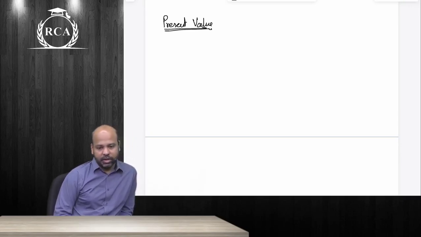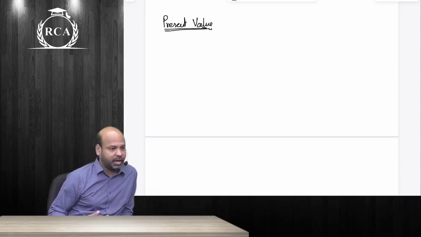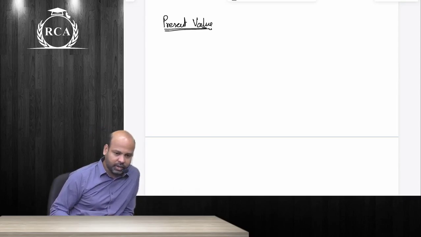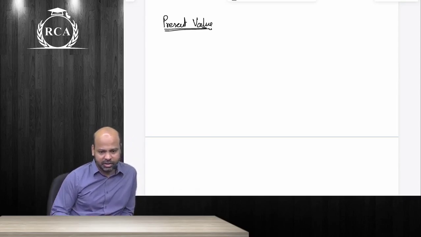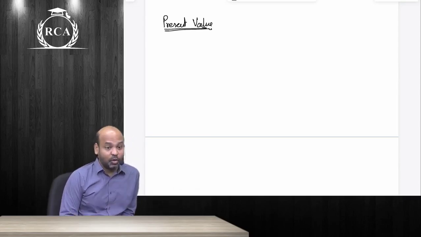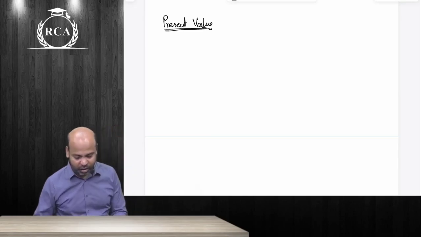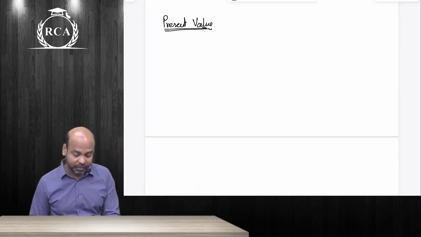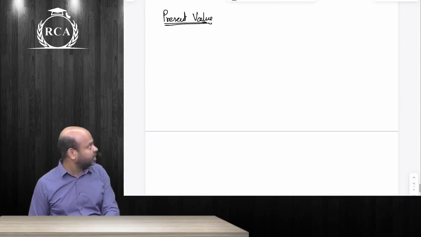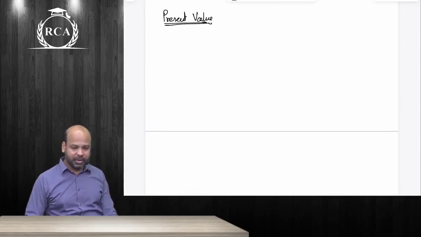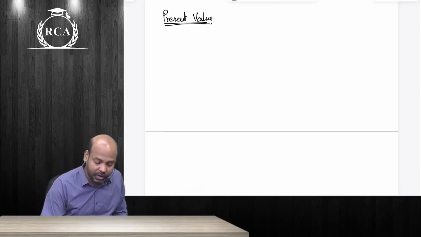Or the way prices have been increasing in the last 2-3 years as such guys, if they continue to grow at that rate as such beta, then it might not even be 2 crores as such guys in present value terms. The quantity of goods that you will be able to buy 20 years later with 20 crore rupees as such guys might just be equal to the quantity of goods that you're able to buy with 2 crores today. So present value guys is nothing but the value that you're going to derive in present value terms. How do you compute present value guys?